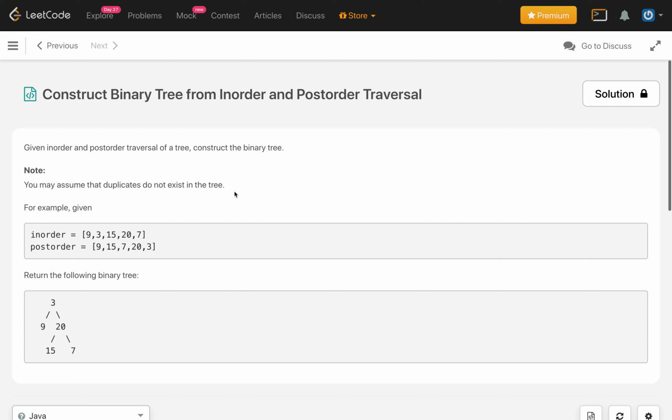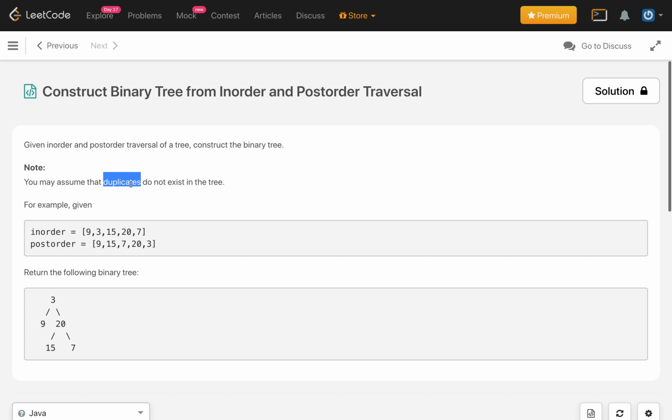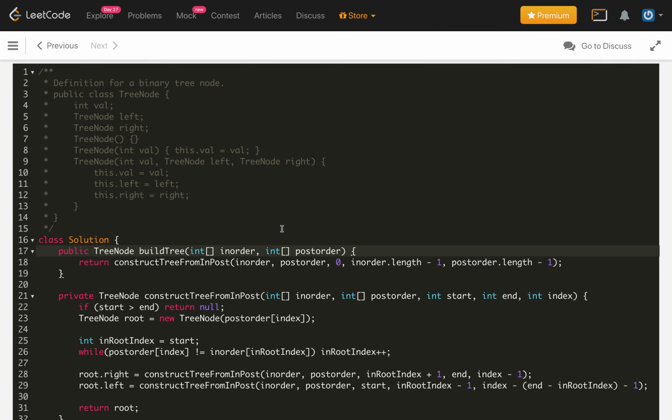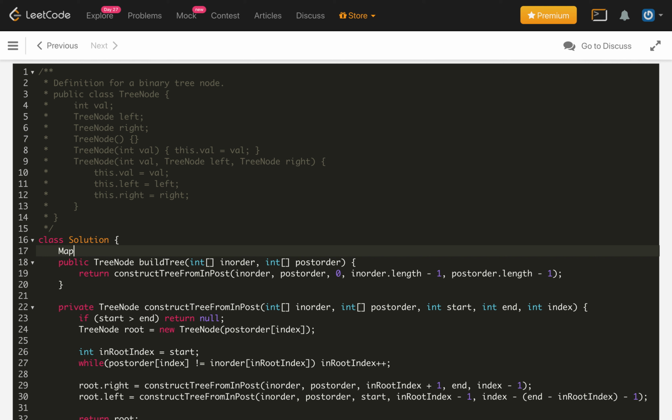Now, it is given that we do not have duplicate nodes. So in that case, we can use a hash map and track the index of each node value in our map. So, new hash map.